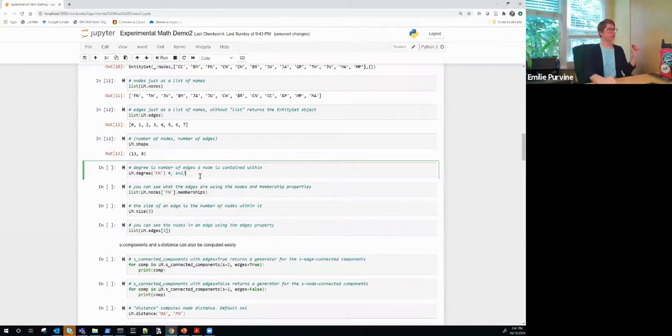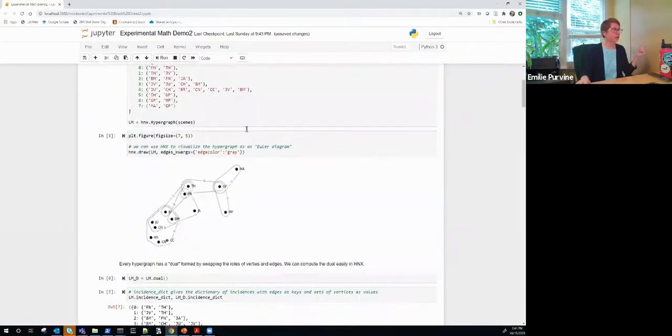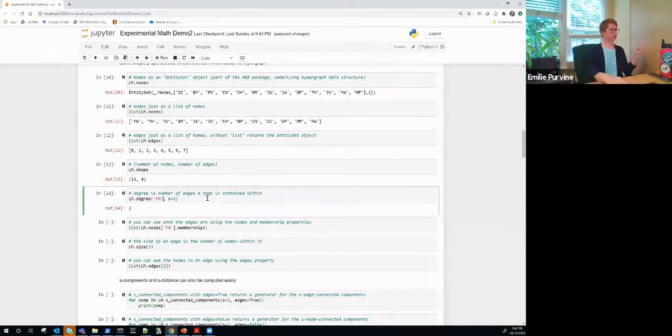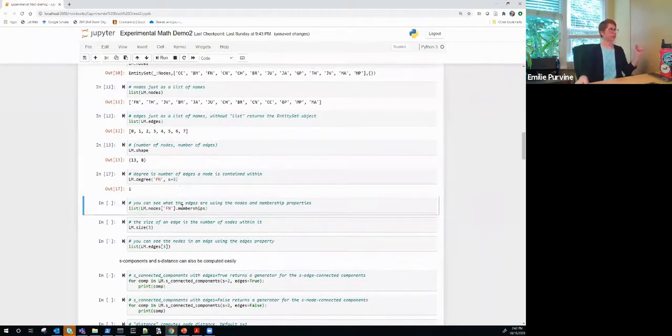As I mentioned earlier, you can define the degree as simply the number of hyperedges that a vertex is contained within. So up here, fn is this guy, which is difficult to see in this layout. I'll try another one. Here now you can see that it's only in 2 edges. One is size 2 and one is size 3. And so if I set s equals 2, this is looking at how many edges of size 2 or greater my vertex is in. So it's in 2 of size 2 or greater, but only 1 of size 3 or greater.